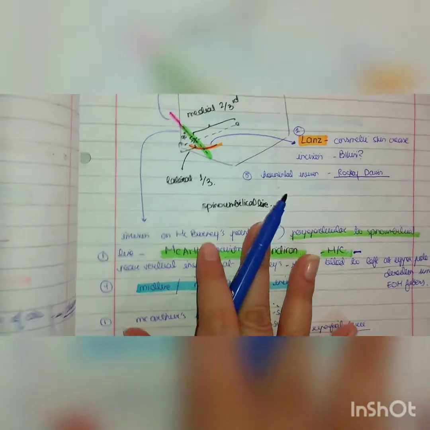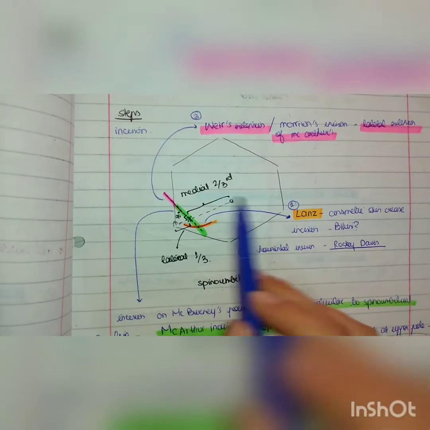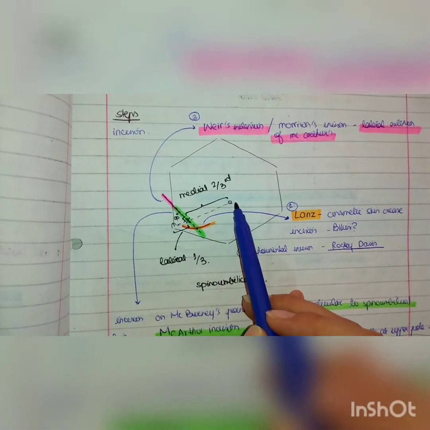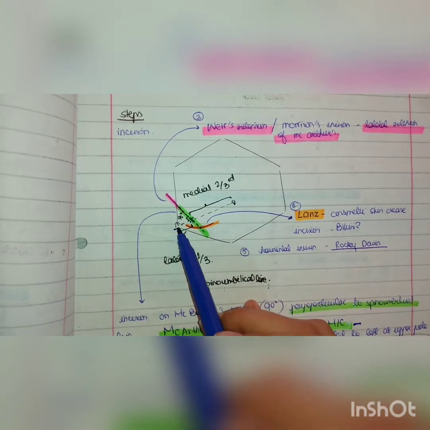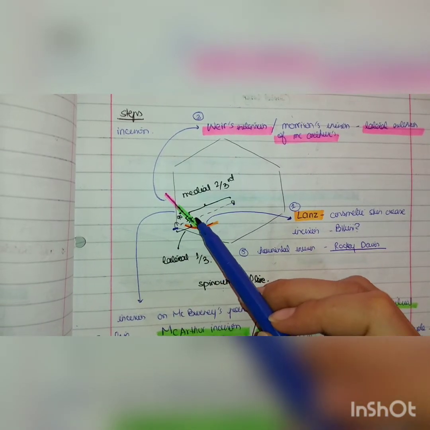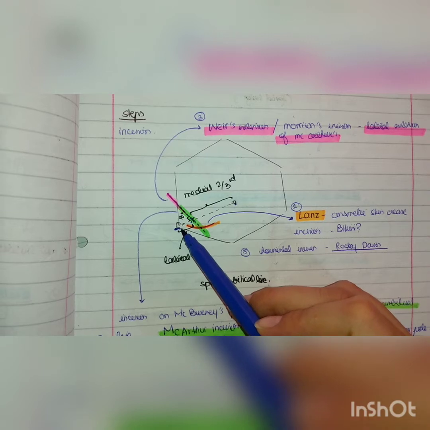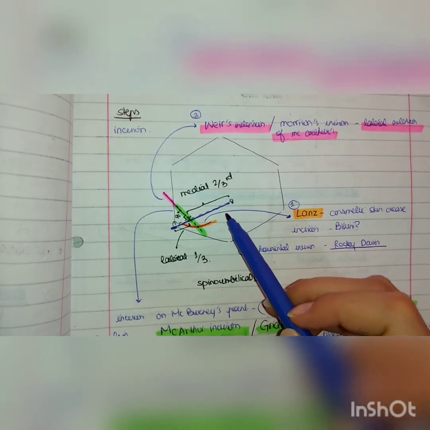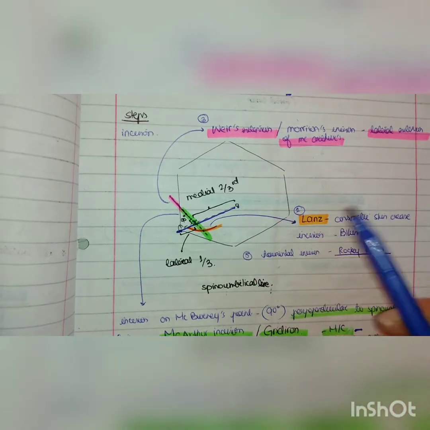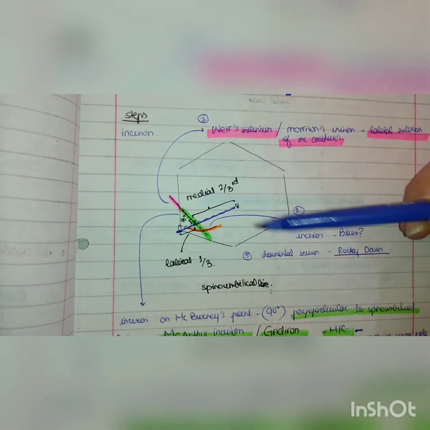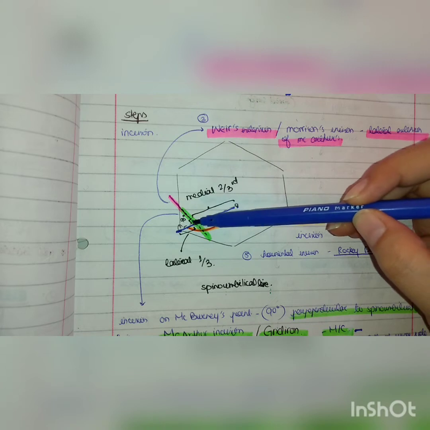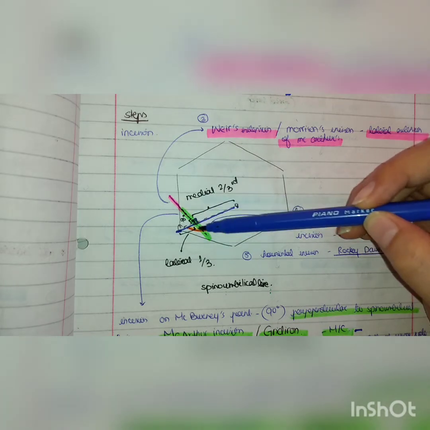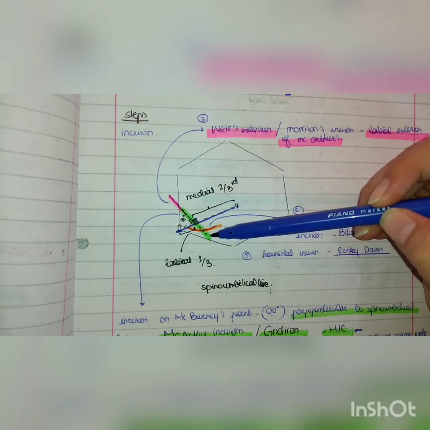So how do we give this incision? This is a hypothetical diagram. Let's say that this is the umbilicus and this is the anterior superior iliac spine. We draw a line between the umbilicus and the anterior superior iliac spine. This is known as the spino-umbilical line. Okay, so if we give an incision almost perpendicular to this spino-umbilical line, this green line you can see, perpendicular to this spino-umbilical line,